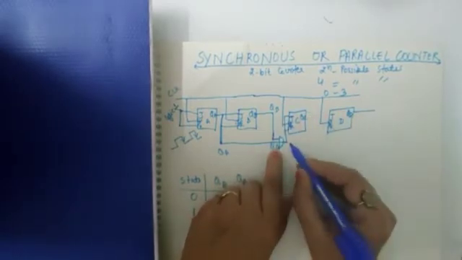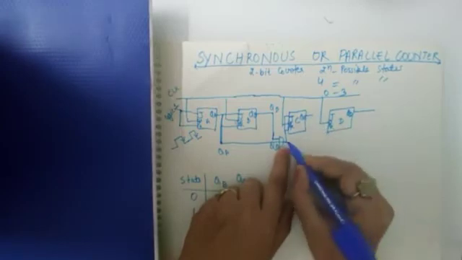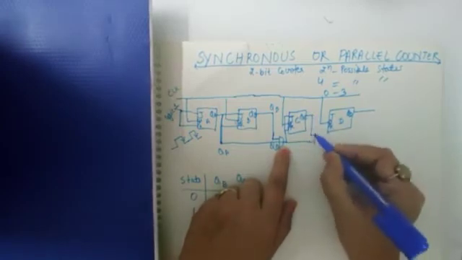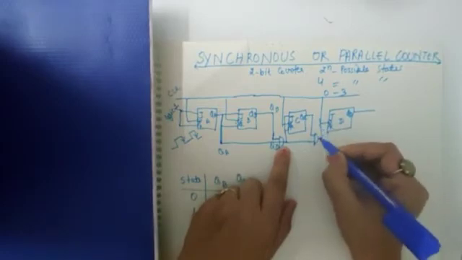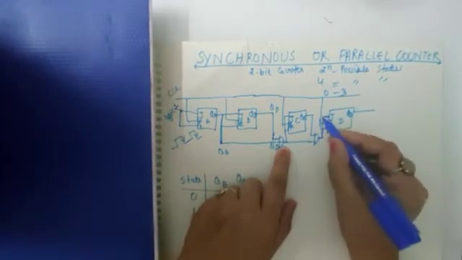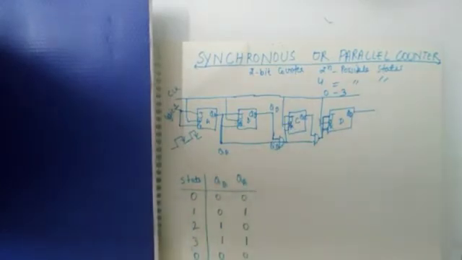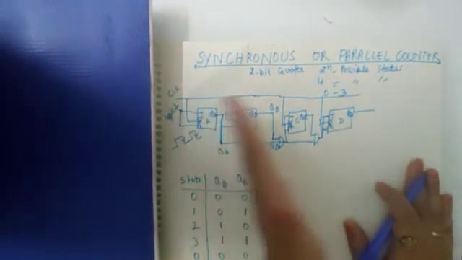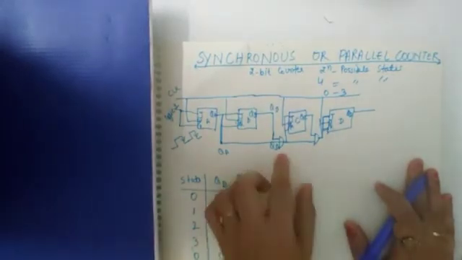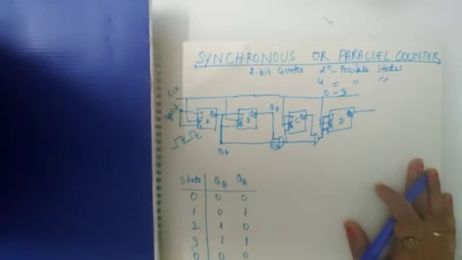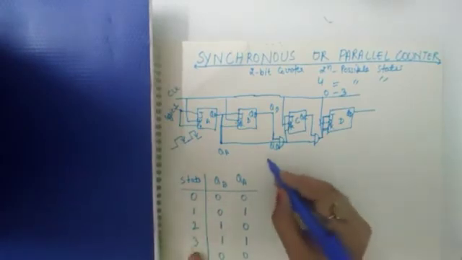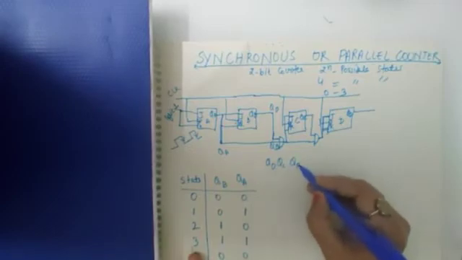For the next, QA, QB and QC outputs are multiplied together, then it reaches the input of the next flip-flop. In that way you have to give the inputs of the preceding flip-flop. This effect you can show just by taking more than 2 counters. So that's why the more important factor is the propagation delay, and that's why I've taken a 4-bit counter. Counting will be in the same manner. If you are taking a 4-bit counter, then the counting will be QD, QC, QB and QA.